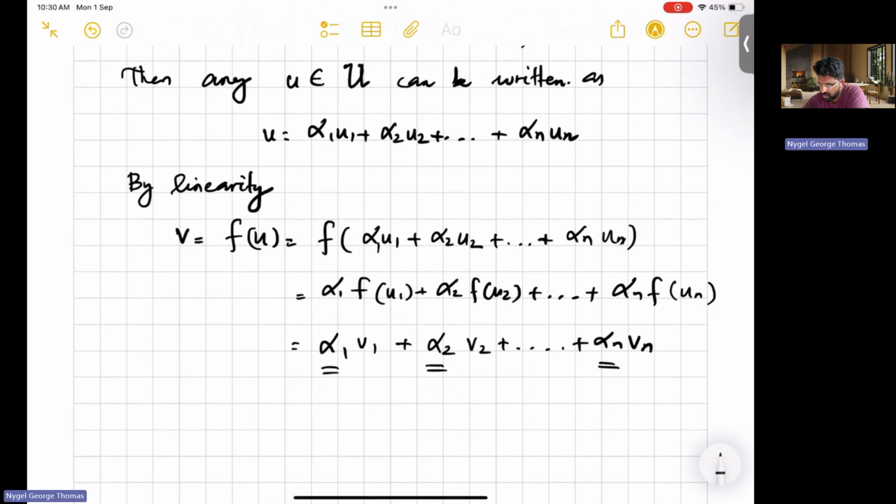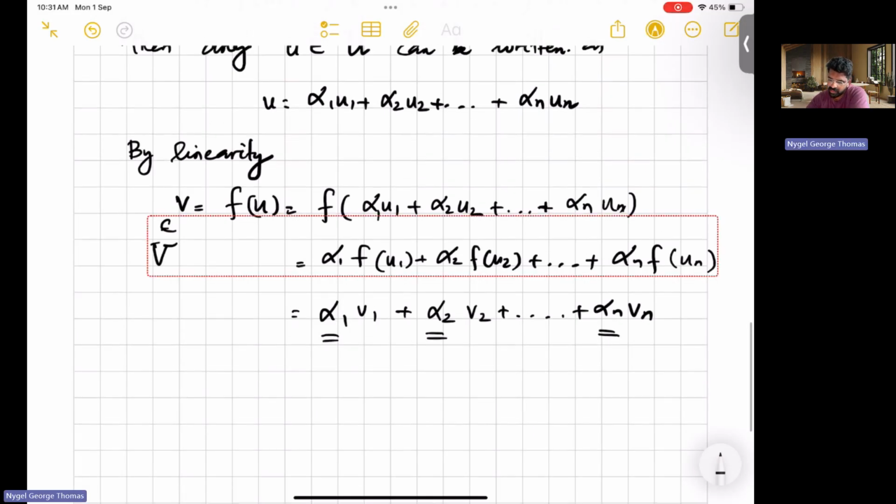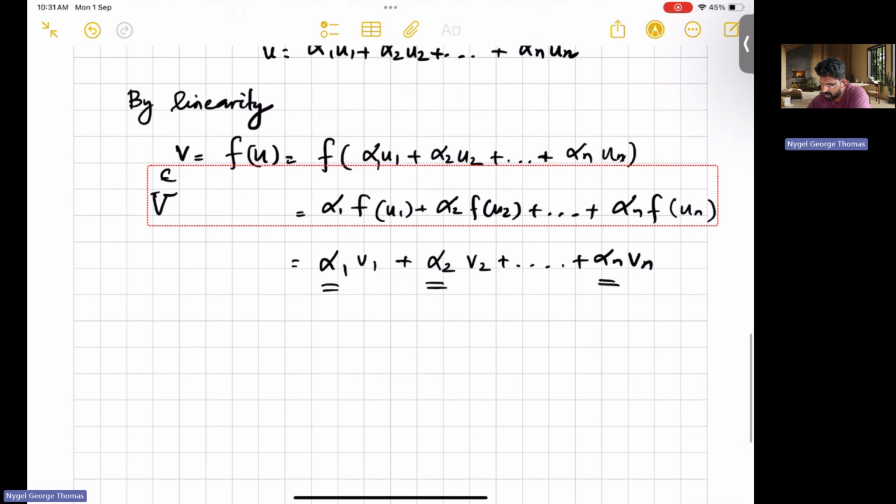If I have u in a vector space U and we take a linear transformation on it to another vector space V, what in fact happens is,